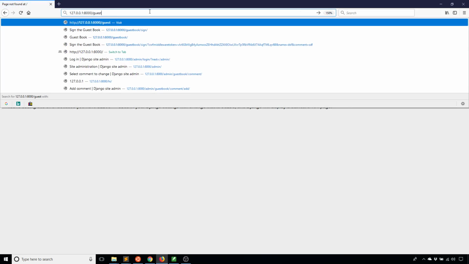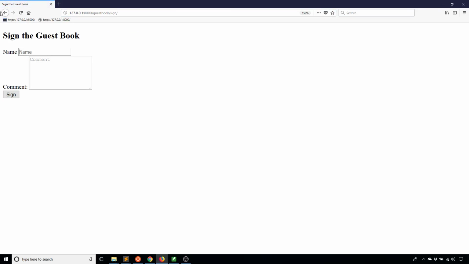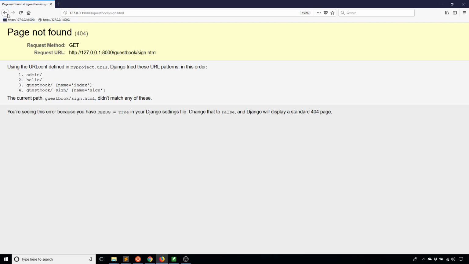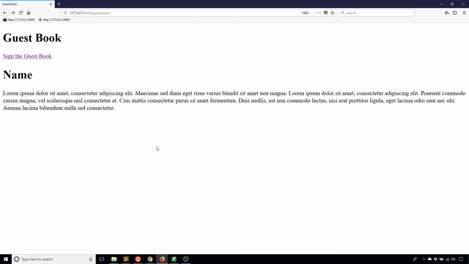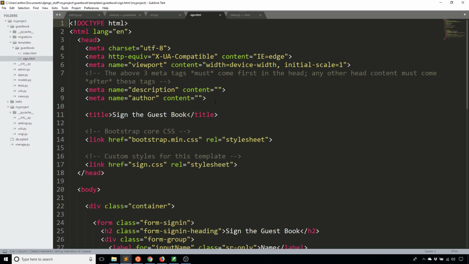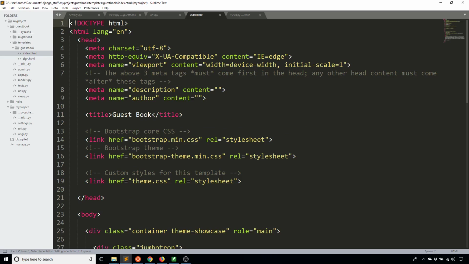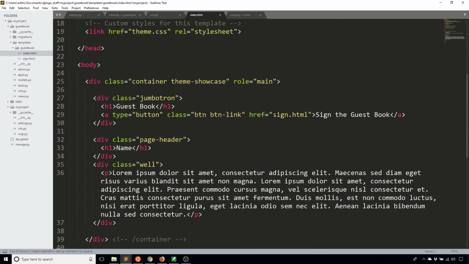Okay, so it's telling me that I have access to the guestbook. And now I see the guestbook page here, and I see the sign page here. If I click on this link, I get an error because there is no link to the sign page. So what I'll do is go to my template, open up the sign file, and look for that link. So that link is, or actually it's in the index. That link is pointing to sign.html,